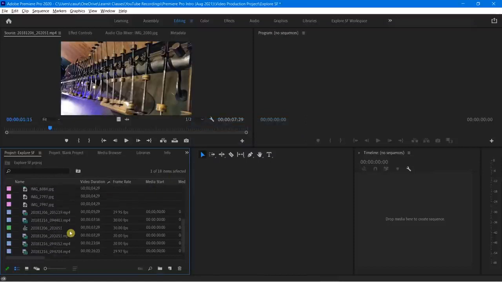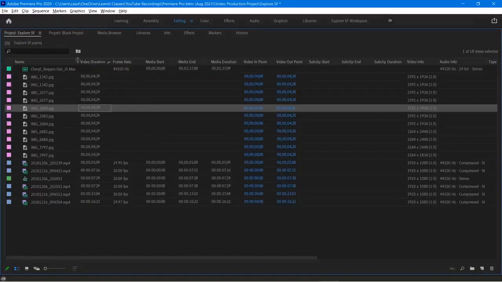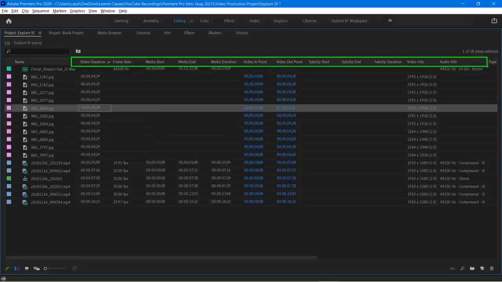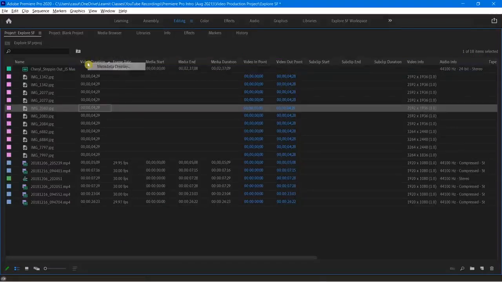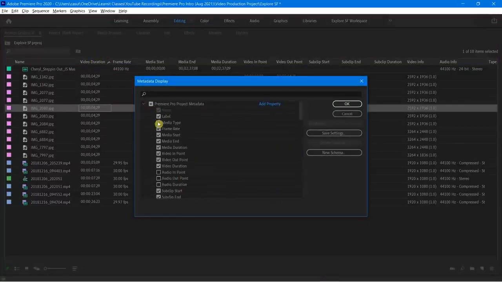Now, the thing that's kind of bugging me about this is that, do I know what types of media this is, right? Notice how there's different kind of icons here. It's kind of trying to tell me a little bit, but I want something a little bit more definitive. So earlier on, I talked about how we can look at the different metadata display columns. So if you recall, I can very easily make this bigger by hitting the tilde, and then you'll notice on the top here, I have all of my different column headings. So if I want to add on the column heading of media type, all I need to do is simply right click, metadata display, and then come back over to here, and then guess what's sitting there waiting for me